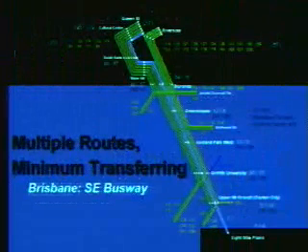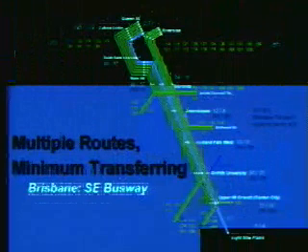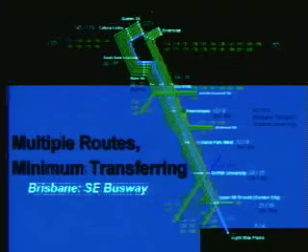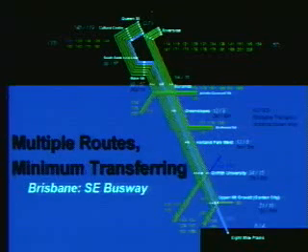Here's one that's a little more complex, but the same idea. It's showing all kinds of different services. This is in Brisbane, Australia again. All kinds of different services on their busway. This is where their buses go. That's how their routes are structured. Where the downtown is obviously at the top of the screen.